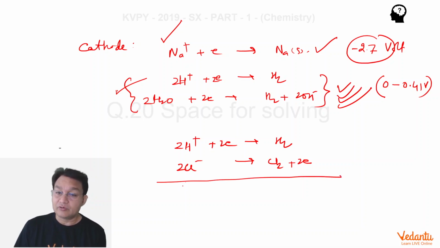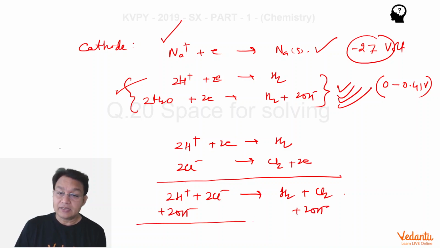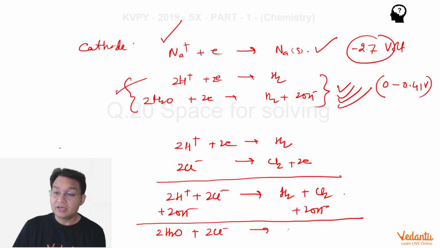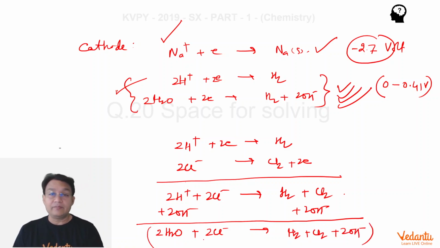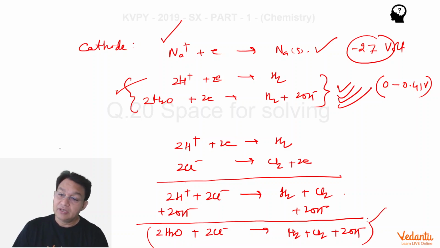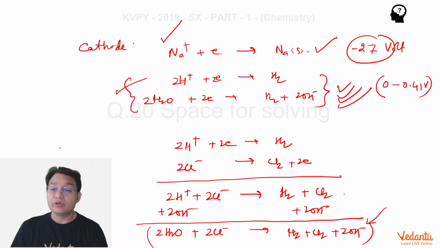So as a result of this electrolysis, 2H+ and 2Cl- change into H2 gas plus Cl2 gas. And now we can neutralize these 2H+ by adding 2OH- to both sides. If you add it like this, we can effectively say the process which is happening is 2H2O + 2Cl- changing into H2 + Cl2 + 2OH-. So that is the effective process. What is happening now? OH- is produced, so pH is going to increase.